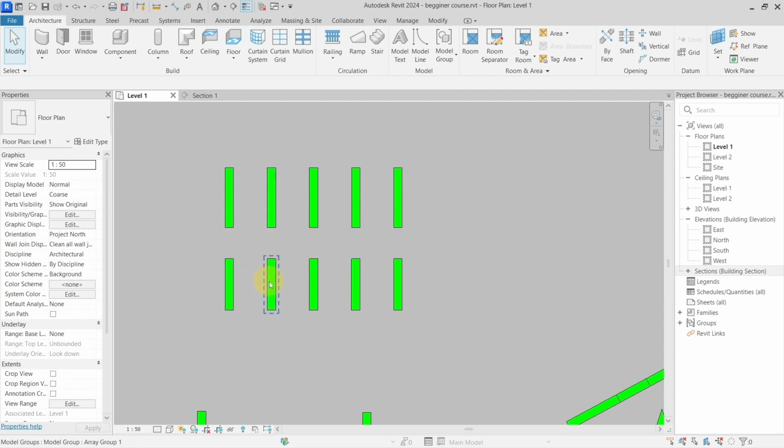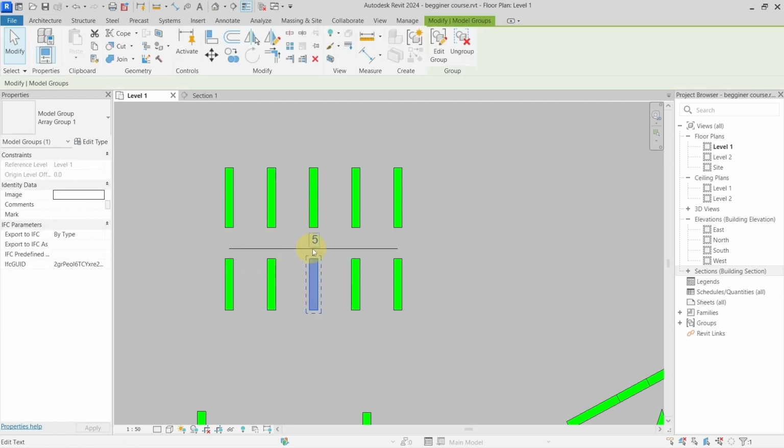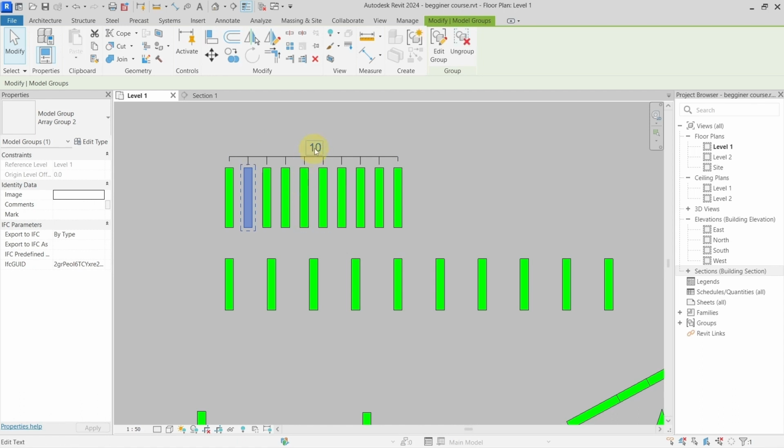And the difference is that if I click on this now, you can see that I have a number here, which if I change, this whole group will respond to the change of this parameter value. So let's change this to be 10. And now you can see that it automatically created other copies with the same distance between each other. Whereas if I go here, where I have created this with the last command, and I change this to be 10, you can see that it has created 10 copies, but it has created them between the first and the